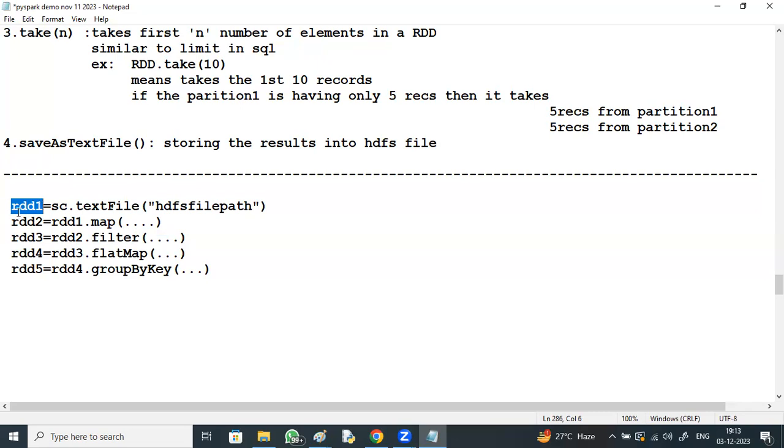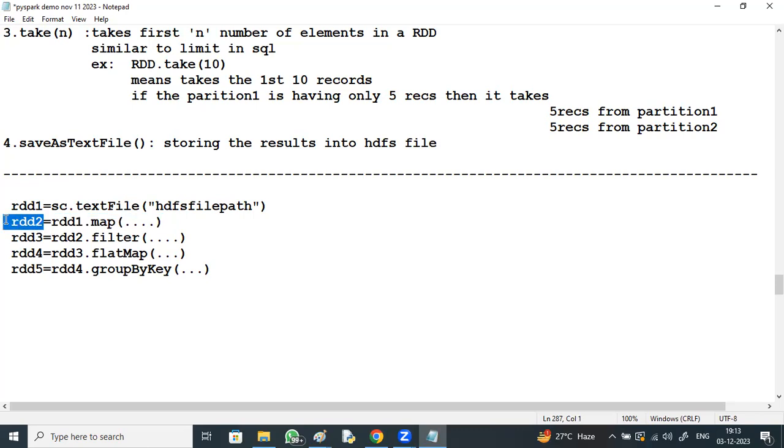See, initially only RDD1 is available. From where did you get this RDD2? From RDD1, you understand this? Only RDD1. How did you get this RDD1? Whenever you loaded a file, then RDD1 was created. Only that was available. From RDD1, I performed some map operation, mapping each employee name to start with uppercase.